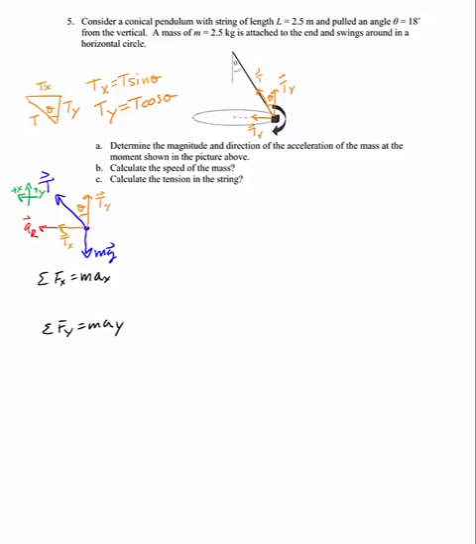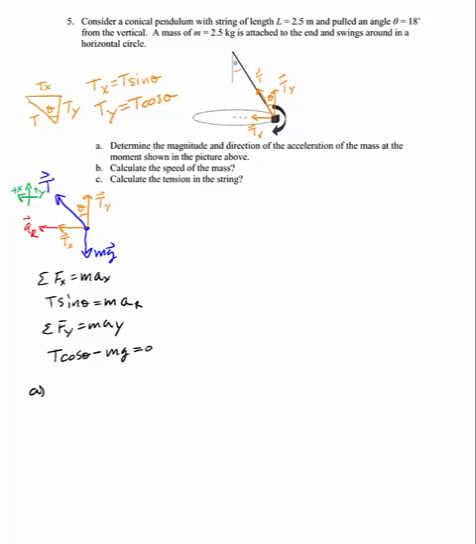So for the first part, the total force in the x direction is T sine theta, and that equals m a, a being the radial acceleration. In the second part, I have the total force in the y direction is T cosine theta minus mg equals 0. So for part A, calculating